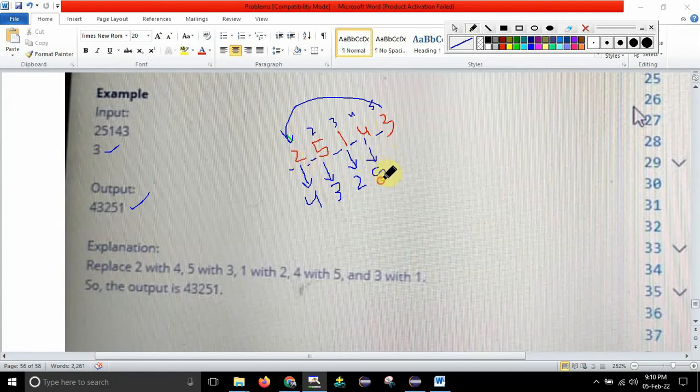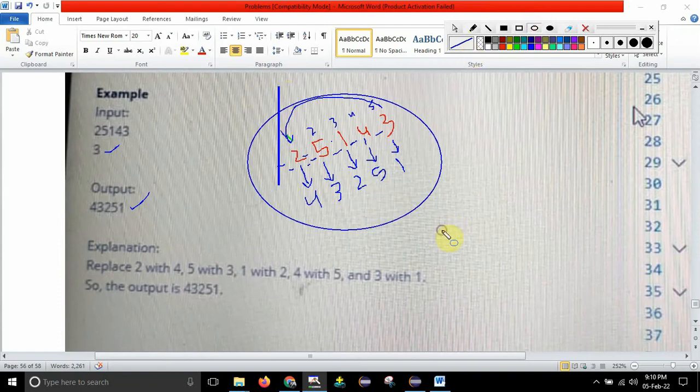Fine. After that, if I go to the last element, guys, then you can see from this I will be starting 1, then 2, then 3. So I will be coming up to here. So this is the actual output, guys. You will be getting like this. Okay, so this is how the things will be. Fine. So this is how the things will be working, and this is the actual logic, guys.